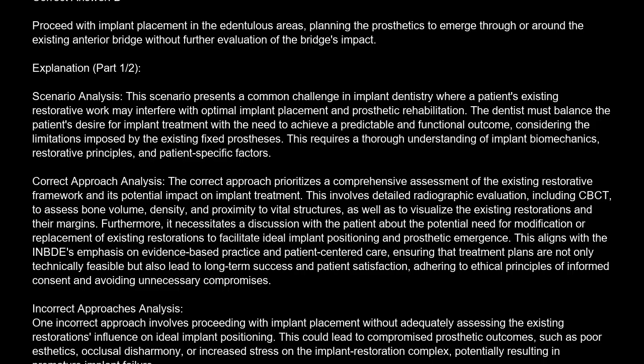This aligns with the INBDE emphasis on evidence-based practice and patient-centered care, ensuring that treatment plans are not only technically feasible, but also lead to long-term success and patient satisfaction, adhering to ethical principles of informed consent and avoiding unnecessary compromises. Incorrect approaches analysis. One incorrect approach involves proceeding with implant placement without adequately assessing the existing restoration's influence on